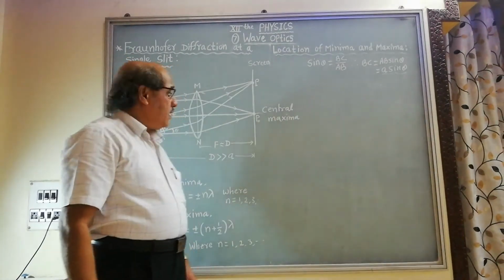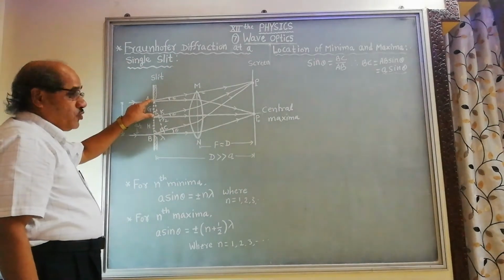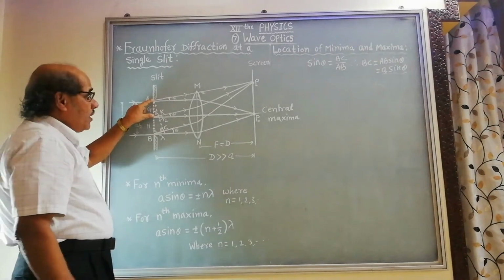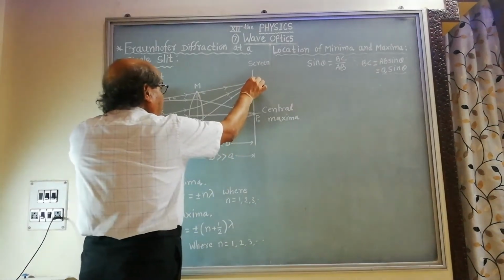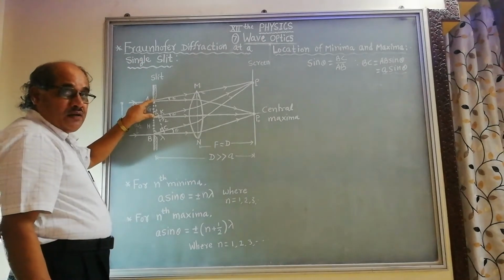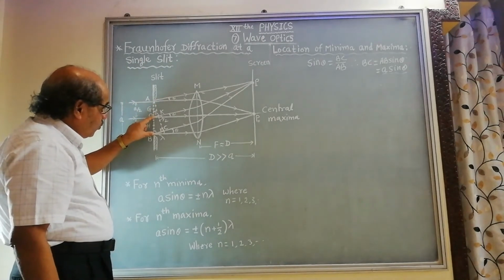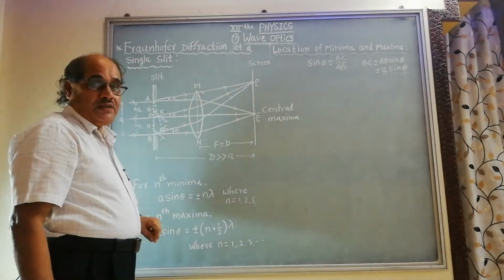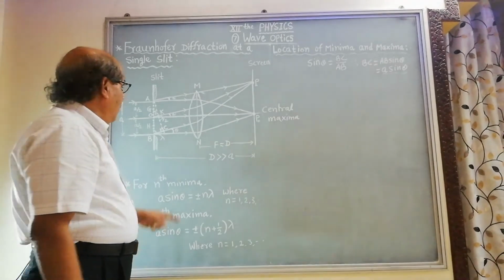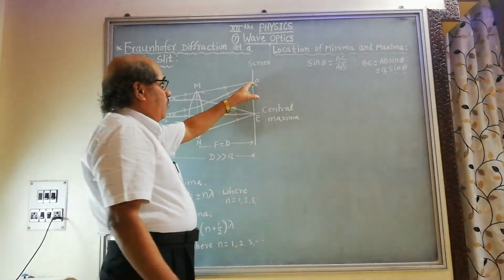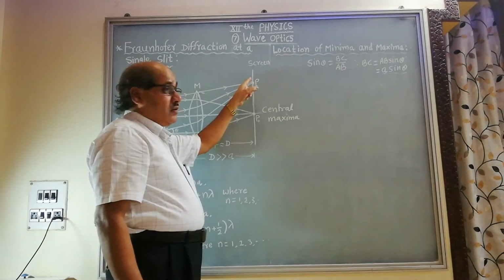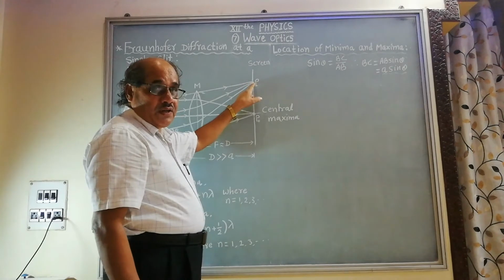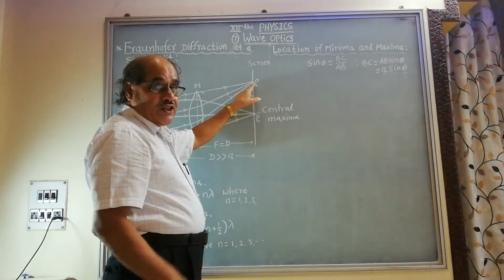So we can say the path difference between these two waves is equal to lambda by 2, hence point P is a dark point. So we have a dark point at P, that is the destructive interference, but in diffraction